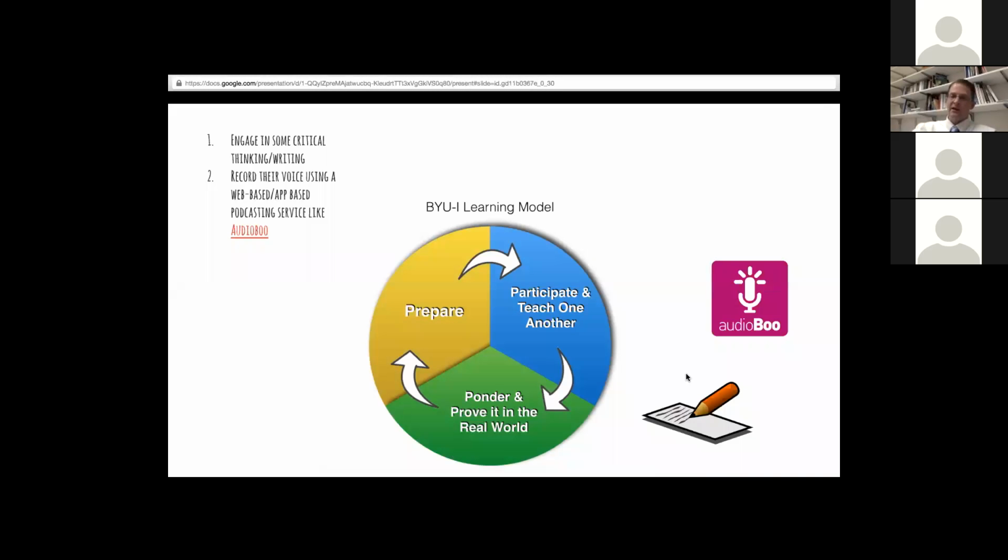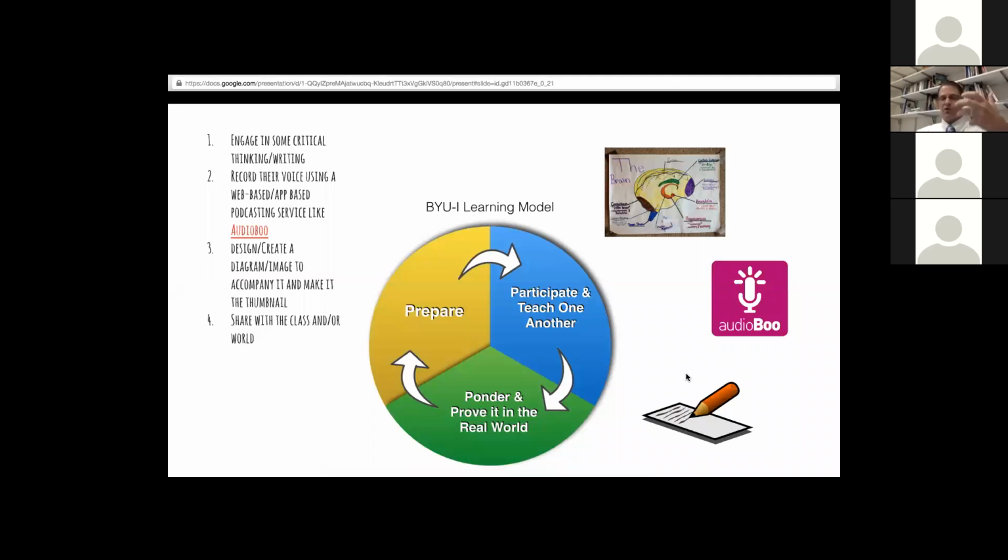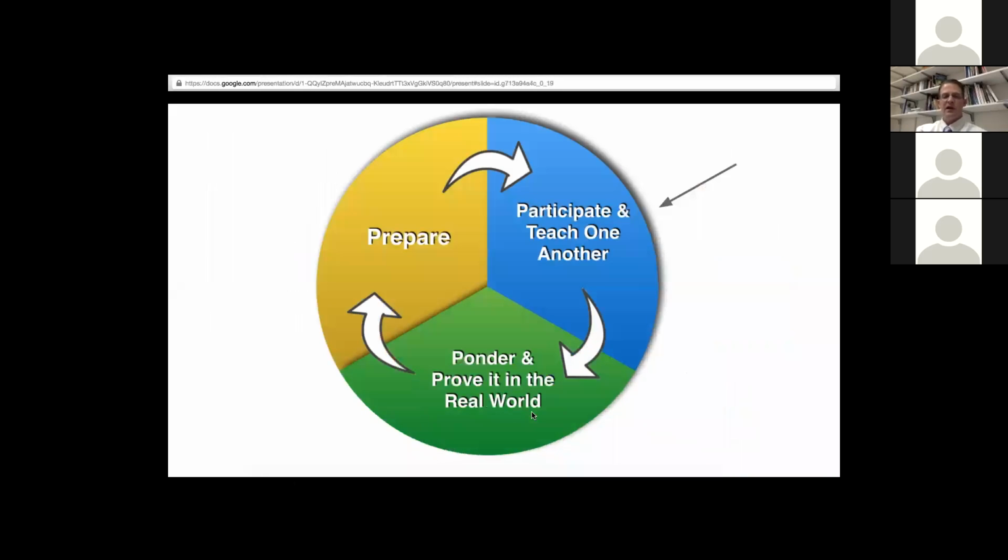So I write it, then I rehearse it and record it, and then create some sort of clip art or a graphic that goes with it. So it's really just a matter of sequence. This time, instead of starting with a drawing, we start with the thinking, which manifests itself in terms of writing, add an audio layer, and then add the picture to go along with it. But again, we're trying to emphasize the opportunity for students to participate and create something that can be used to share or to teach somebody else. And that's where I see some of the real power to improve the participation and the teaching opportunities for students